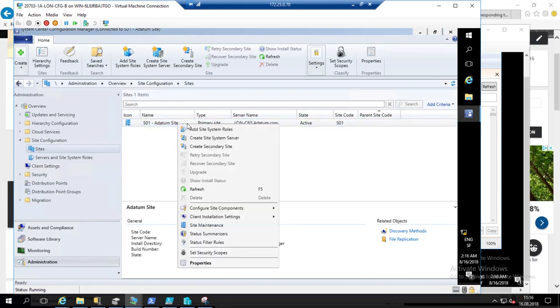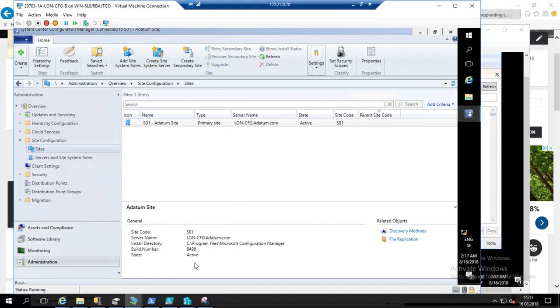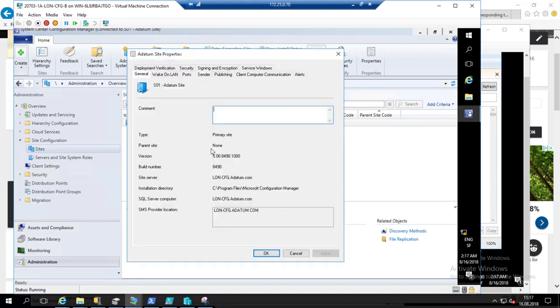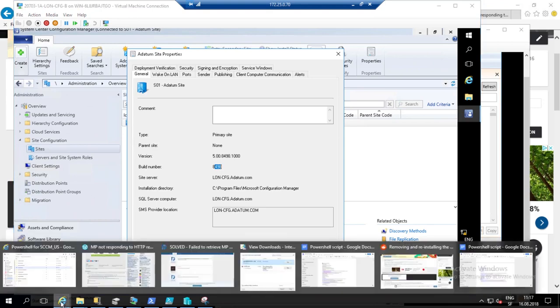and start to use PowerShell commandlets. To see your version, you must go on Properties here. When you go on Properties, you will see in General the type, the parent, the version, and the build number. So to have this information, let's go directly on our site,